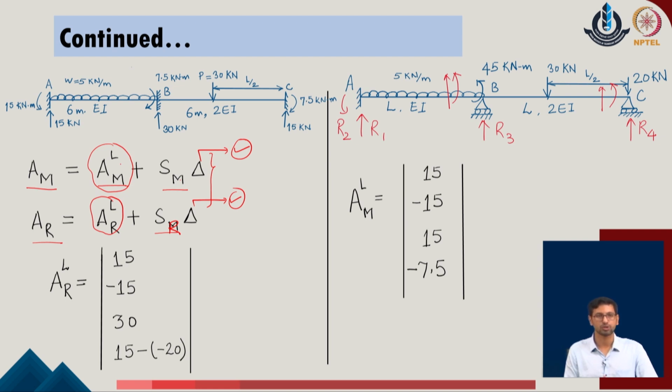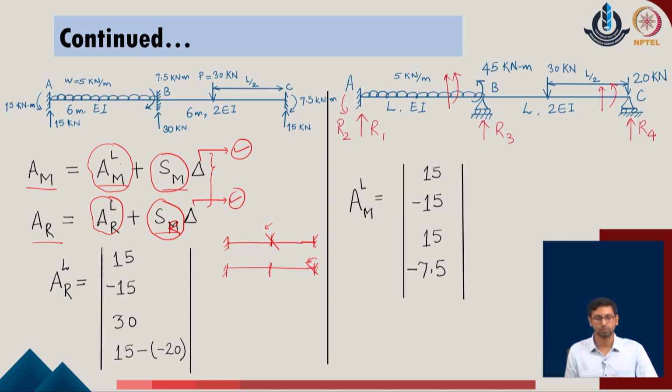Another important point is that in the previous part we considered that the stiffness matrix is the same as we defined originally in the given system. In the same manner, when we define S of M and S of R, the system will remain the same as we defined initially for the given problem. In each case we consider the system to be kinematically determinate, and we release the first degree of freedom with a unit amount, and in the second case we release the second degree of freedom as the unit case.